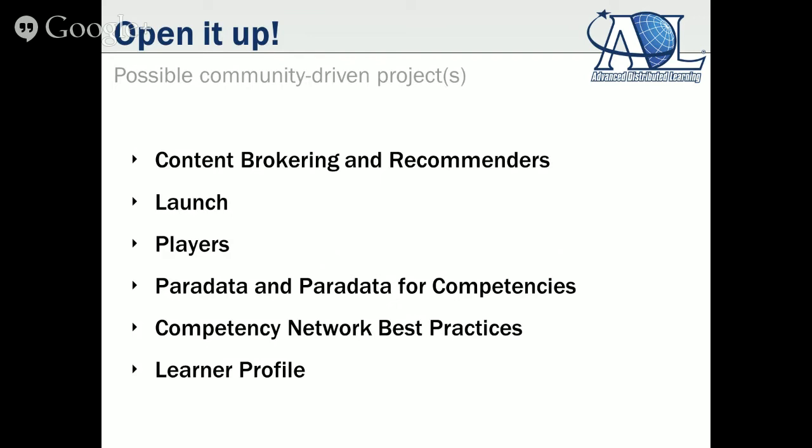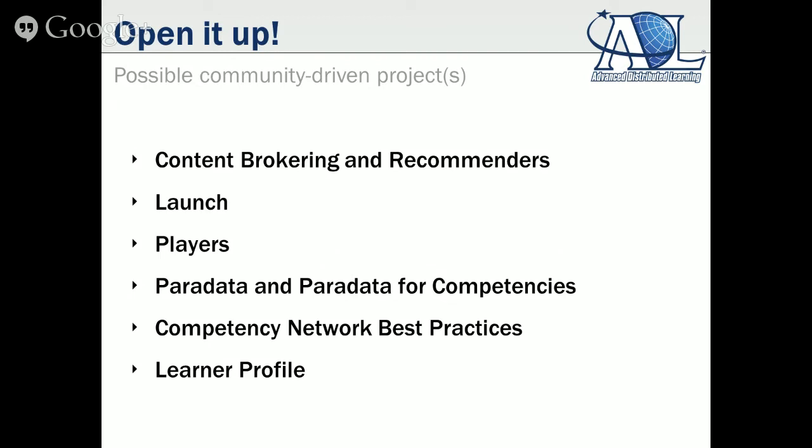But what we really want to do is start to, like we did with the Experience API, get the community involved. There are a lot of different projects: content brokering and recommenders, this complex launch of content, again, players for all different types of content, paradata in the Learning Registry and using that paradata for competencies, just competency network best practices.